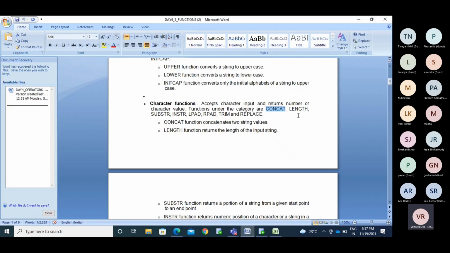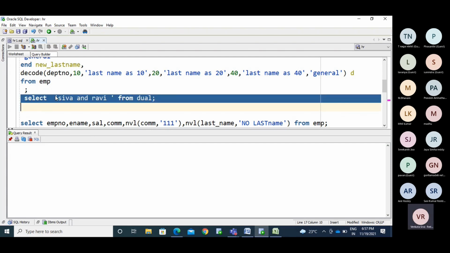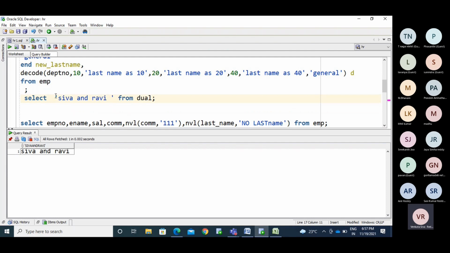What other thing do we have? Length. The length function we already saw. If I want to find the length, now we have this, right? Now I need to find the length of this. How many characters do we have?